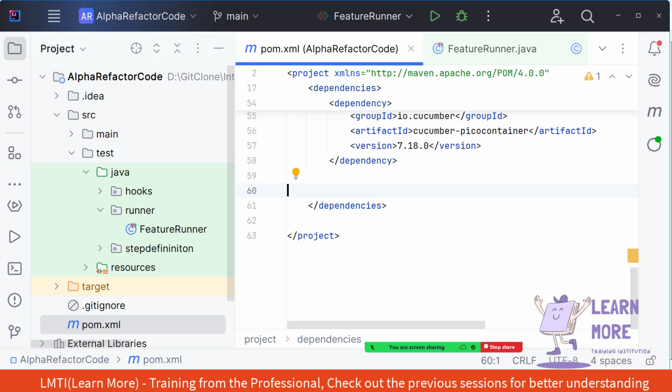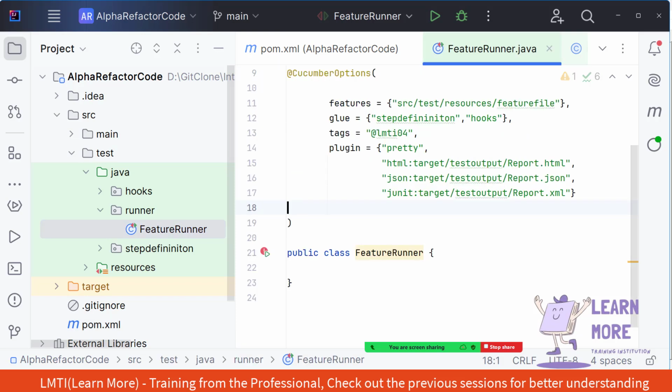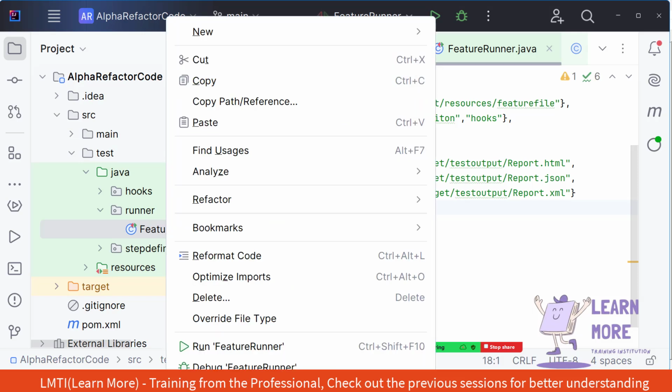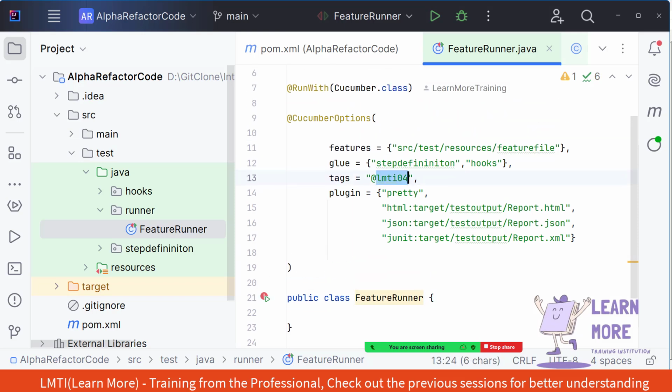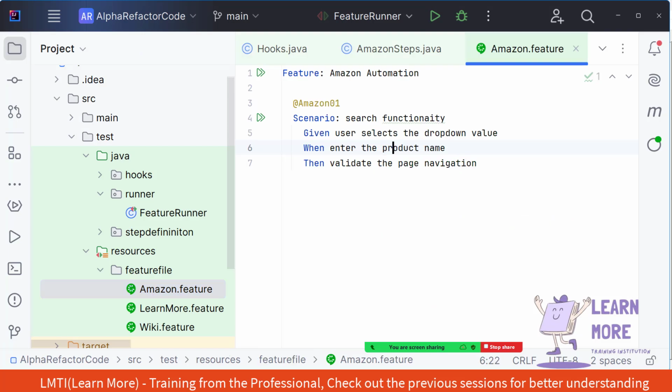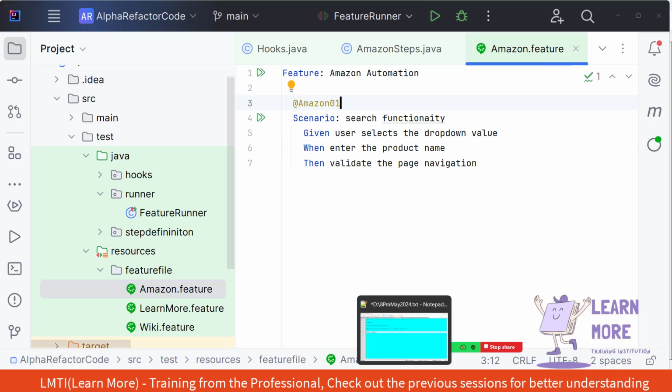So simply we are selecting the feature runner, right-clicking on it, and then clicking on the run button. It is triggering the scenarios. If we have some static tags, and in real time we always have some static tags, like a regression test case, they will provide the static tag across all the scenarios, so that in a single click it will pick all the scenarios,